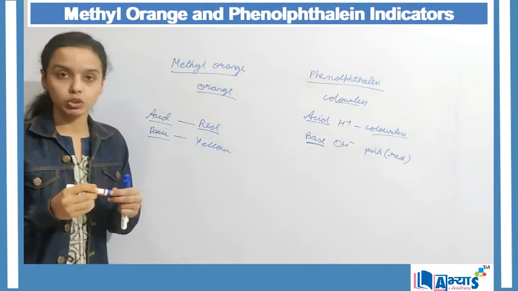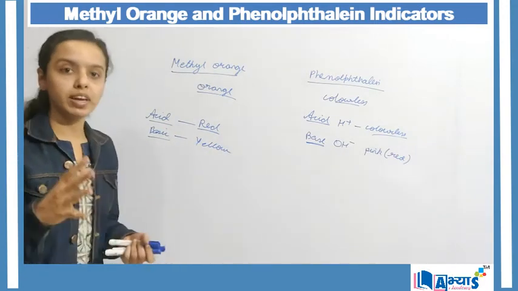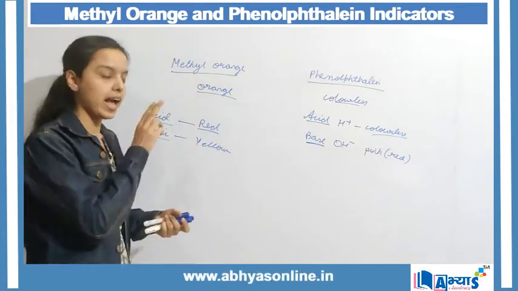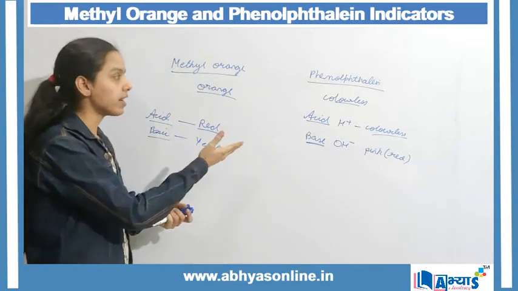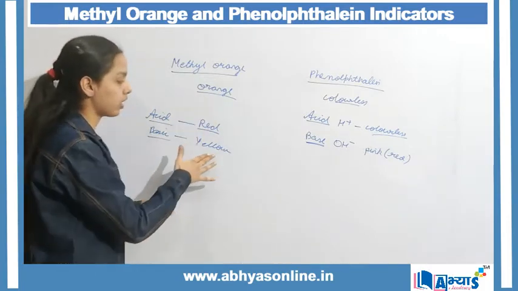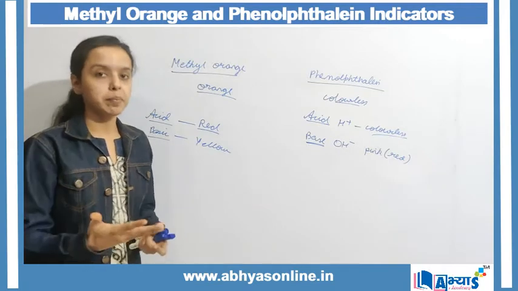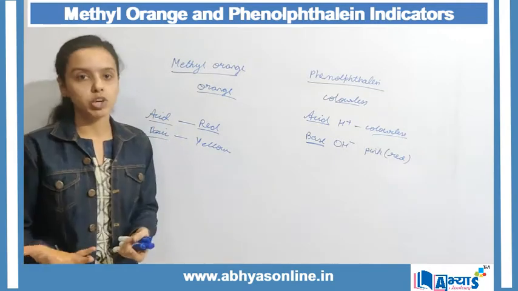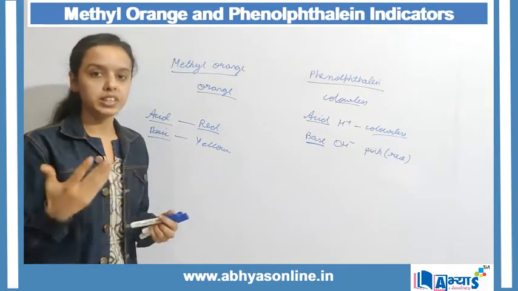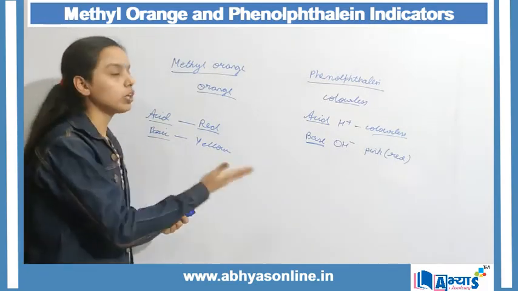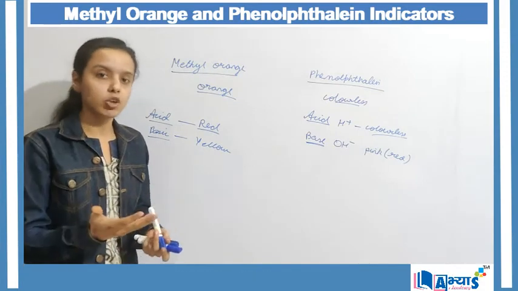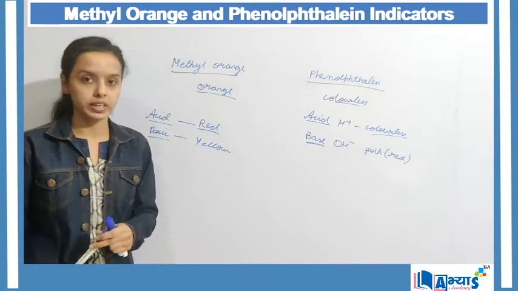So we can clearly see that when the color changes from orange to red, that means an acid was being checked, or that the indicator was used on an acidic compound. And when the orange color changes to yellow, that means a basic compound was being checked. Generally, 99% of the times in experiments, either of them is used; litmus test or even dry turmeric are less commonly used as compared to these two indicators.